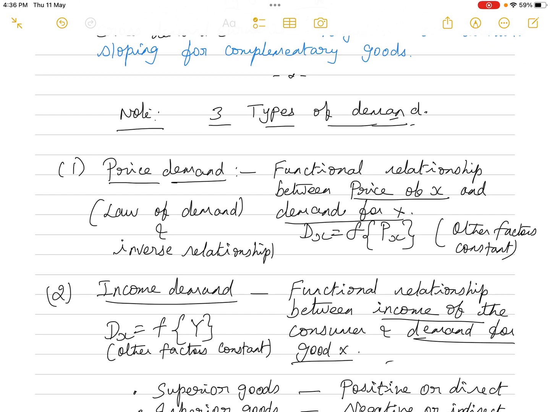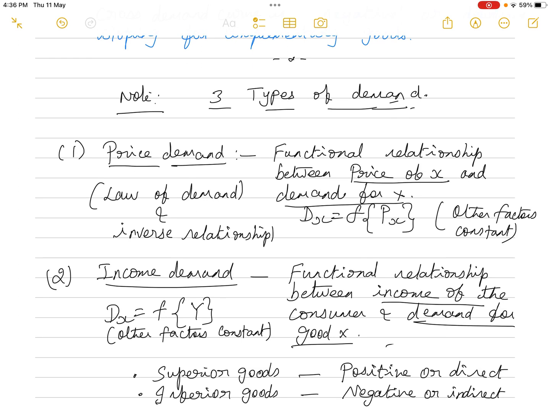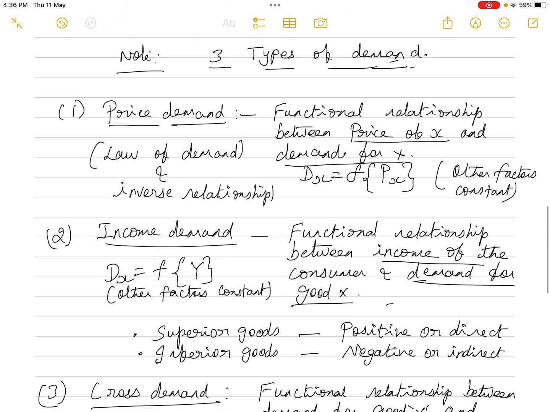Okay, now just before going to the actual answer, I would like to inform you, please make a note of it. There are three types of demand. The first one is the price demand. What is the meaning of price demand? It is the functional relationship between the price of commodity X and the demand for commodity X, that is, D of X